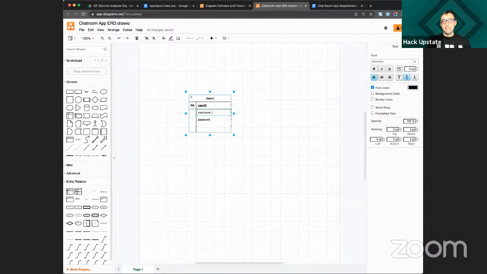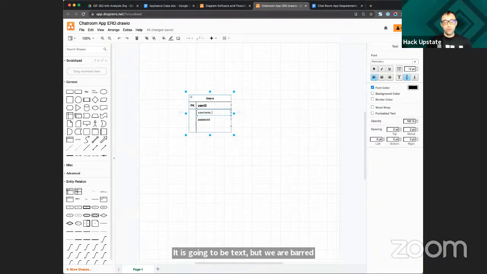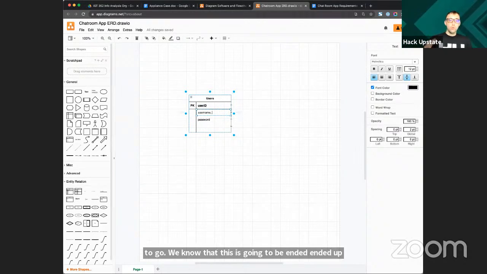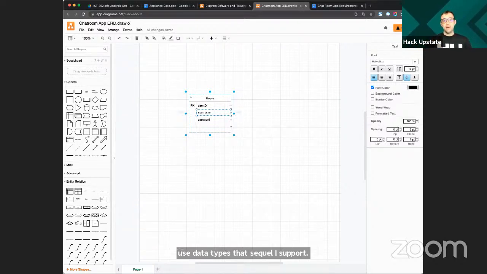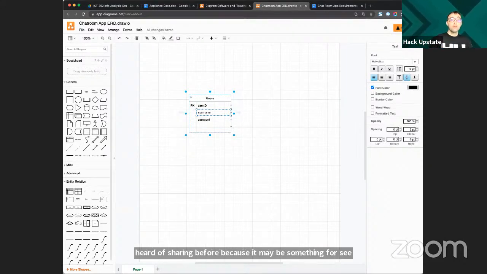It is going to be text, but we are using varchar. Ariel, you're on the right track. Because we know where this destination is going to go. We know that this is going to end up in Sequelize. So what we want to do is use data types that Sequelize supports. And so there will be variants in an ERD where you'll pick it up and be like, what is string? I've never heard of string before, because it may be something for Sequelize as opposed to varchar, which is what